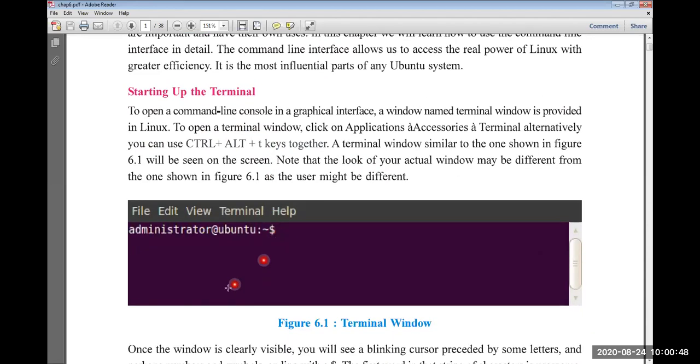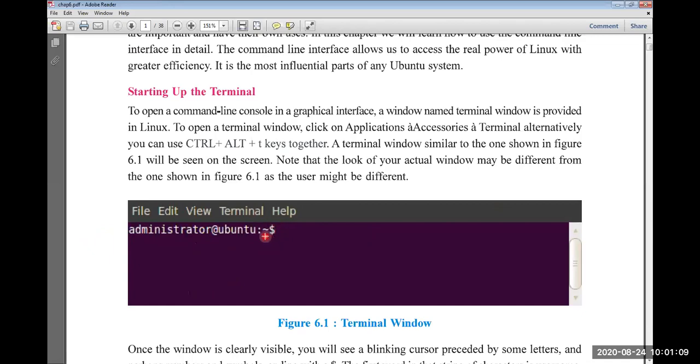Once you open the terminal window, it will look like this. Now, what is this administrator Ubuntu? This is called the command prompt. This command prompt tells you that you have to type a command over here after the dollar sign.